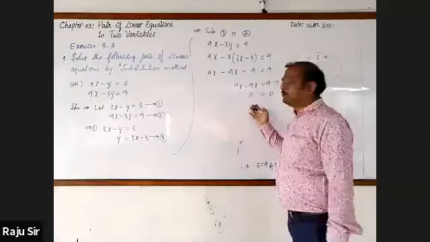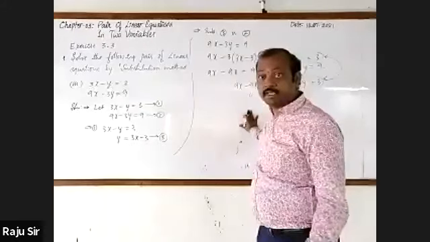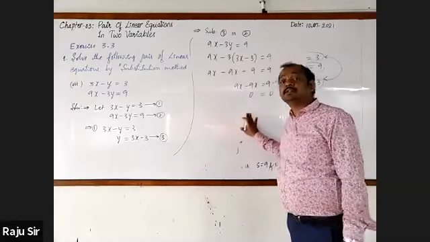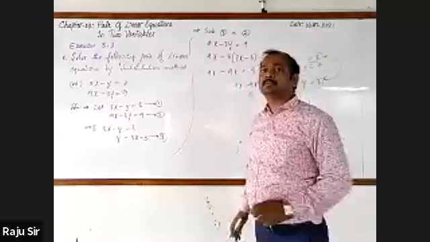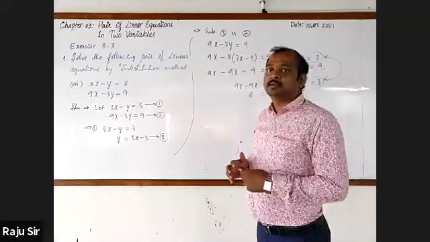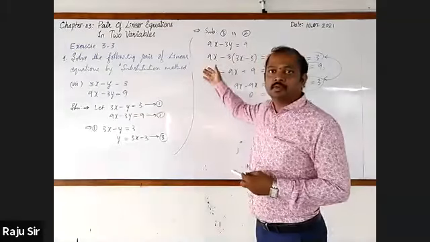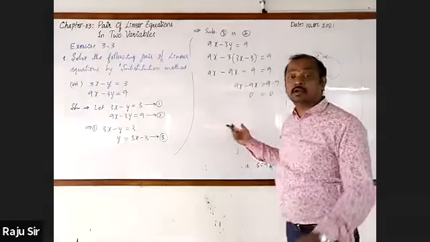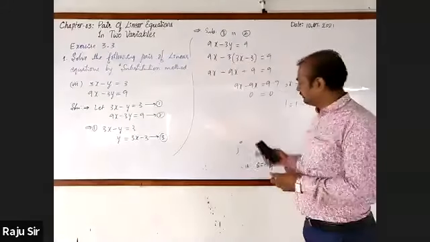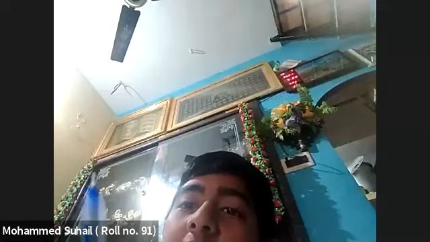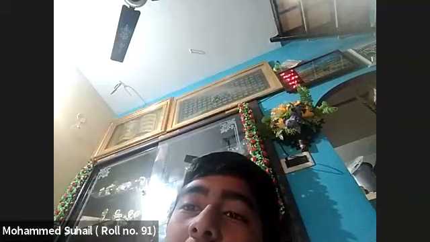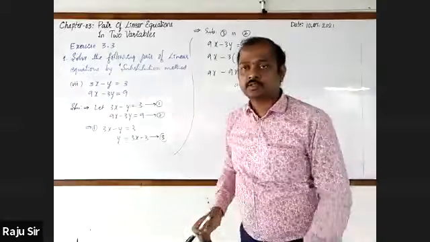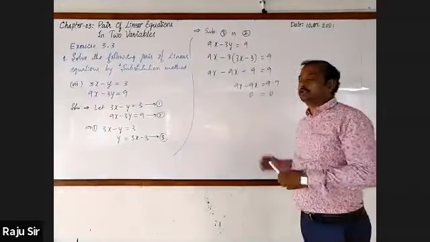So here, as we are not able to find out the value of x, hence you can say that this has infinitely many solutions. Don't say no solution. The reason is that the ratios of the coefficient of x, the coefficient of y as well as the constant are all the same. We can take any value for x and find the corresponding value for y. We can frame such equations because it has infinitely many solutions.